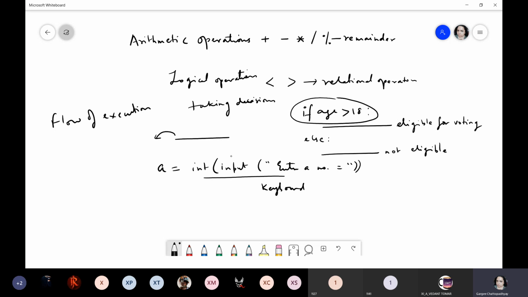So user will enter something, and that has to be saved in a variable. That means some memory space has to be allocated to save that number, and this variable will act as a label which will point to this variable. In traditional programming languages other than Python, that area itself will be named as a and the variable will be stored. Understood? So where the data has to be stored, from where the data is coming and where it has to go, everything is decided by the control unit.